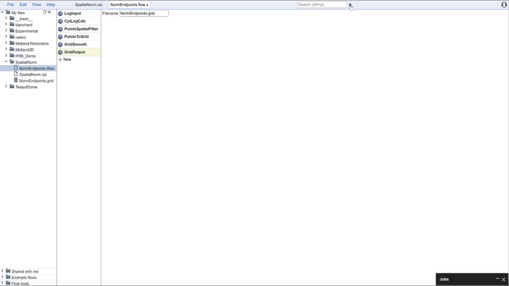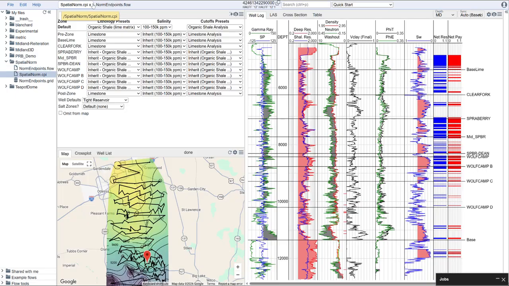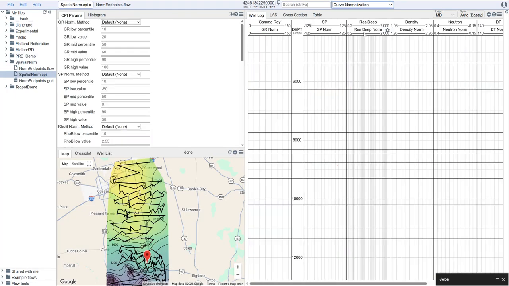Now to run the flow, you would just come here and click the run arrow or go flow run. Now I've already ran the flow, and it has written out this norm endpoints.grid file, and that's what I'm now going to use to drive my normalization. So I'm going to come back to my CPI. I'm now going to go to the curve normalization module,